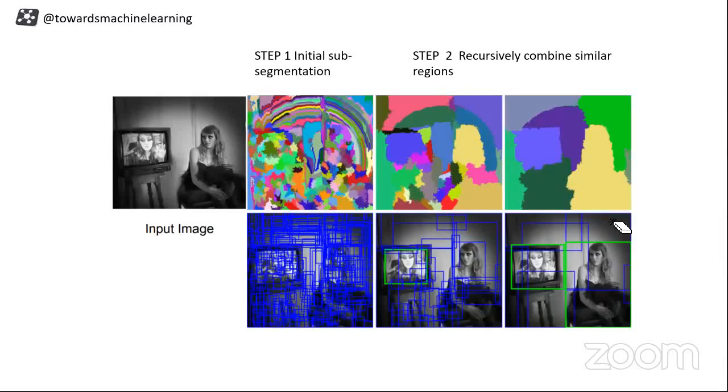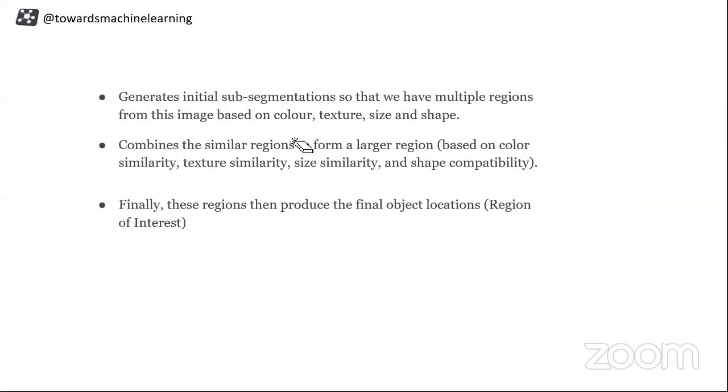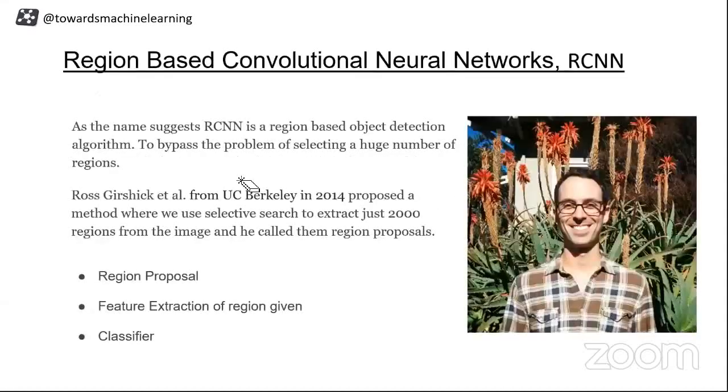Okay, so I guess you got the feeling of what the selective search algorithm works like. It generates some initial sub-segmentation based on color, texture, sizes, and shapes. Combine them based on their shape, similarity, textures, and size similarity. And finally, you have some regions with you, and you can send only those regions to your classifier so that you don't have to go again and again to your classifier architecture. And you can save your time as well as the computation.